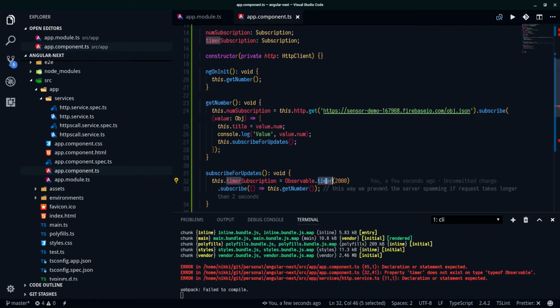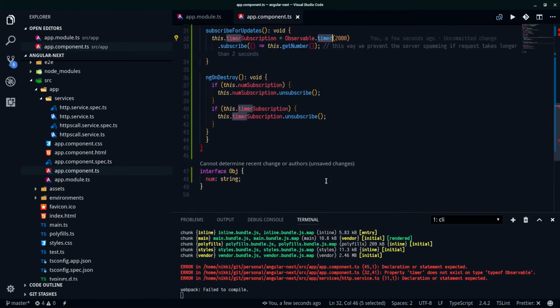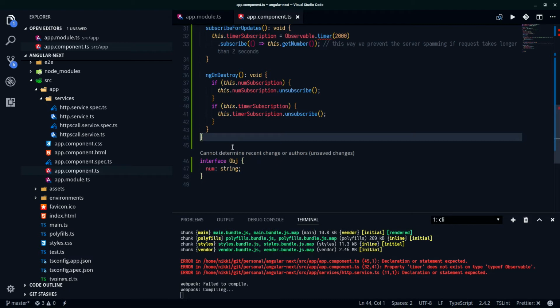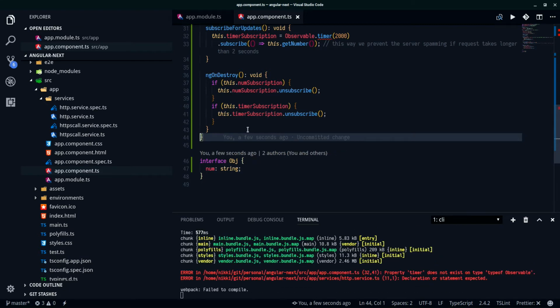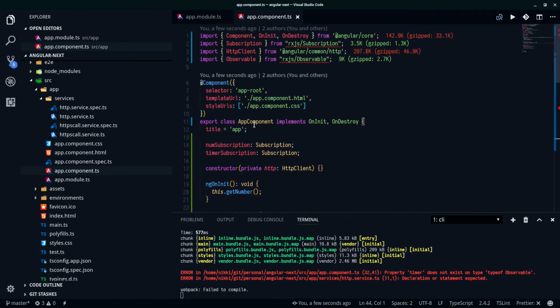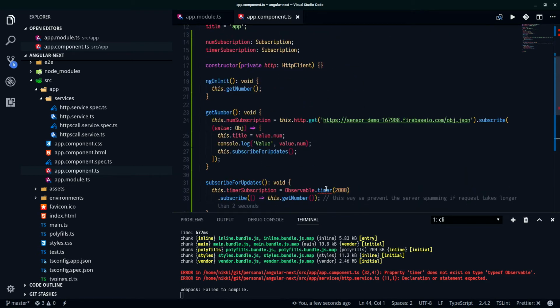Type of observable. It still messes up some. Oh, is it because of this one? Yeah. Okay. I still don't understand why it doesn't. Yeah, this complains just about typing. This timer should work. I generated the project with the timer.